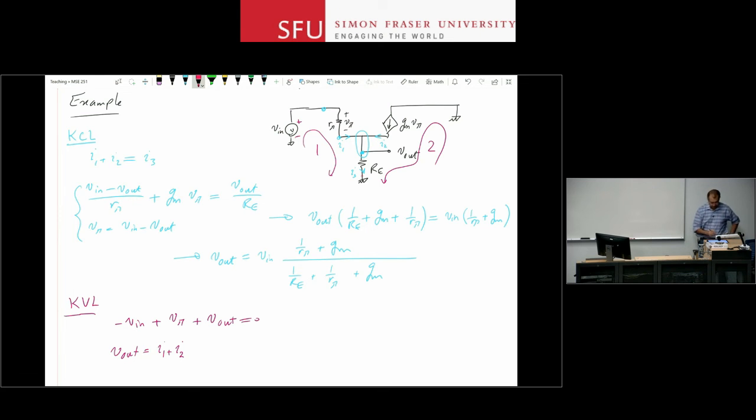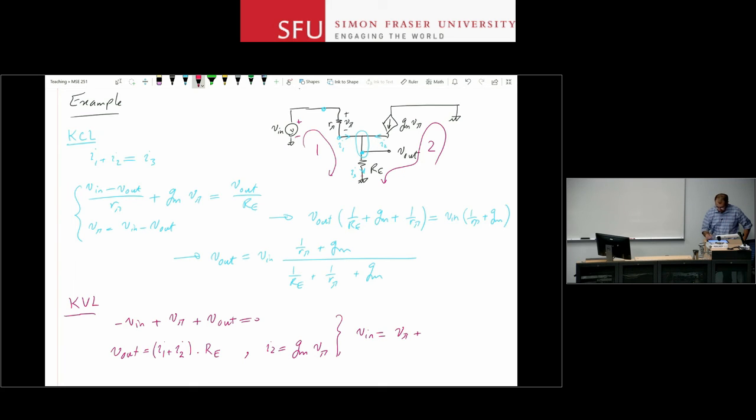I1 plus I2, that's I3, I1 plus I2 times RE. And I also noticed that I2 is GM V pi. It's a current source. Its value is fixed. And I noticed that by combining these, now I have V in is equal to V pi